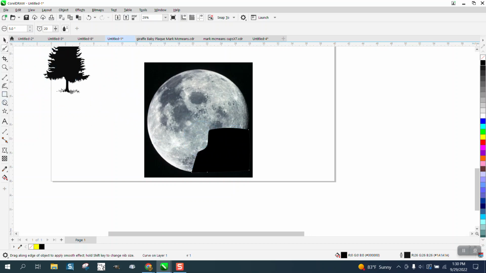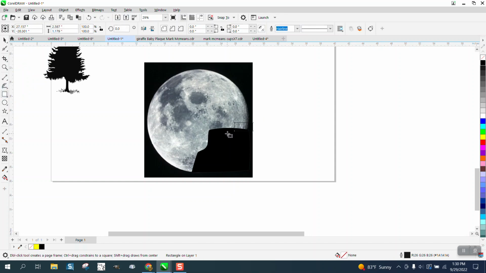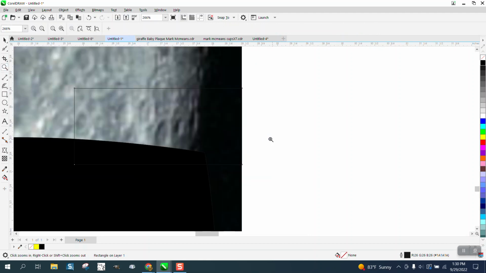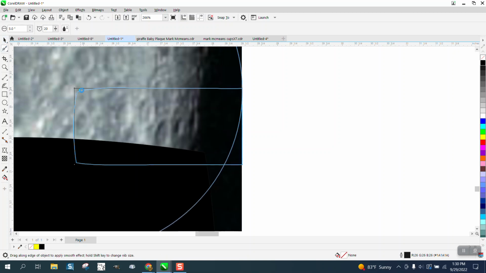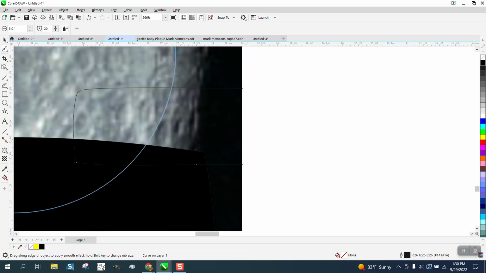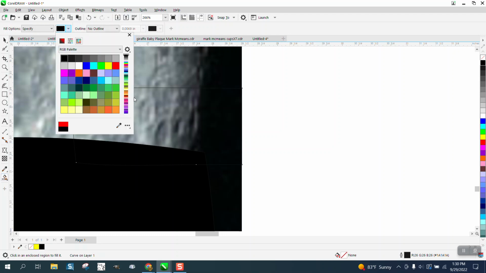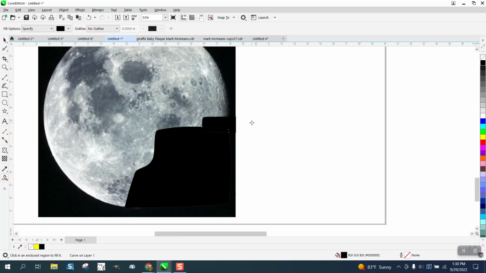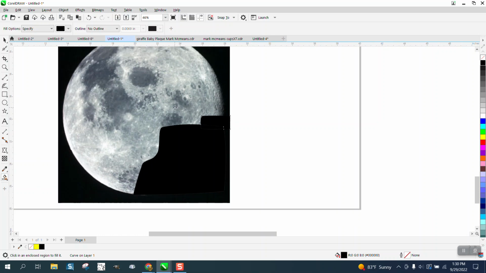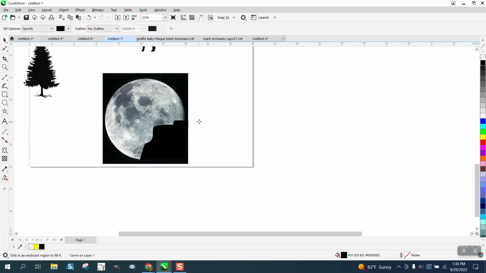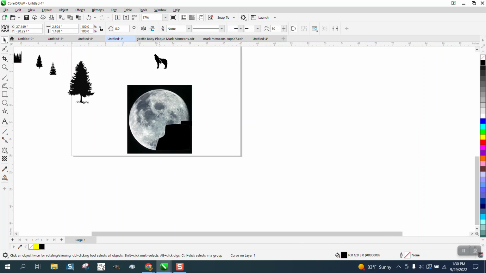Maybe even put another rock back here. Because it's all black, I think it's just going to blend into the background of the moon. And see, we can make that rock like that and take the Smart Fill tool and fill it in with black. If you have any artistic ability, I didn't leave much room for my wolf now, but if we put the wolf right on top of the rock,